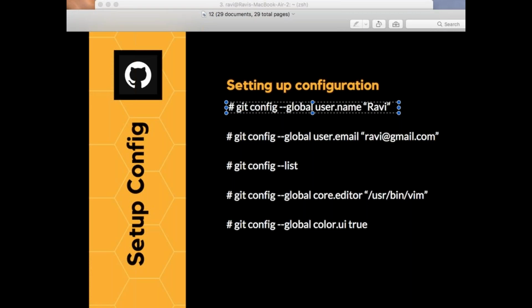git config --global user.name, your name, and the email address. You cannot make commits unless both your user and email have been set up in your Git Bash. If you have set them up, only then will you be able to make commits. Give your name and email. That's all you need to do.